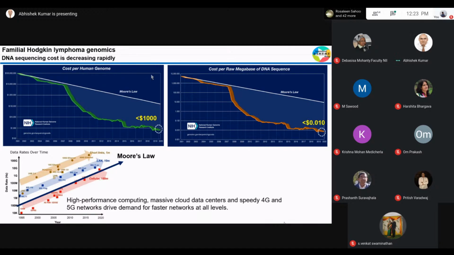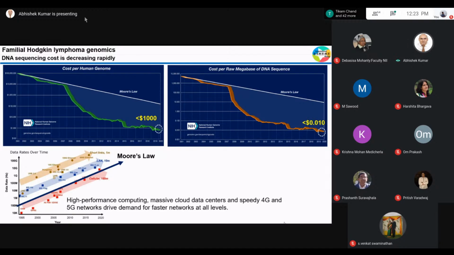And that puts a reverse challenge. People earlier were asking what we want to sequence. Now you can sequence everything, and you have to ask why you want to sequence. We also have to ask, do I need to sequence, because maybe somebody else has already sequenced it. If you want to resolve a problem, there is a lot of data already existing, and that led to